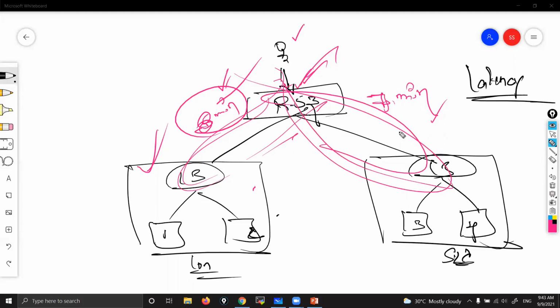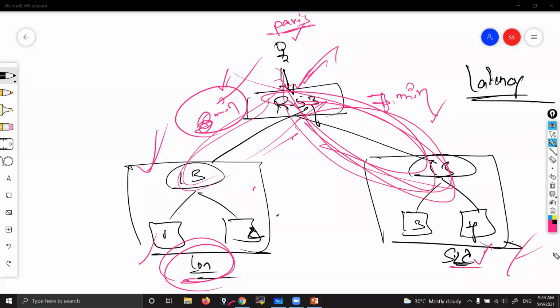Based on that, assume that here in London, climatic conditions are not good. Okay, it's cloudy, rainy, and all. Assume that the user is in Paris. Even though he is very near to London, still in London the climatic conditions are not good. But in Sydney, it's full sunny and good weather. So obviously, that request goes faster, right? So from Sydney, he's getting a quick response. Yeah, Route 53 will route that request to Sydney. That means purely based on network latency.